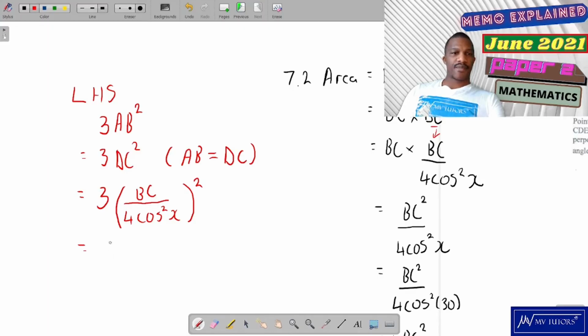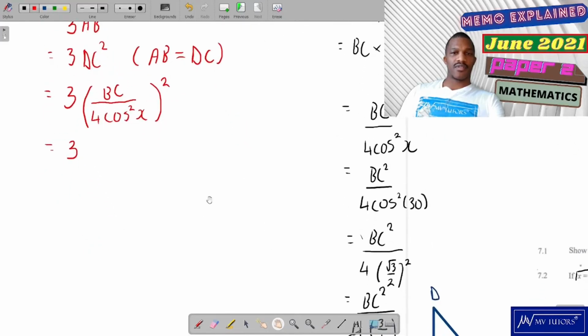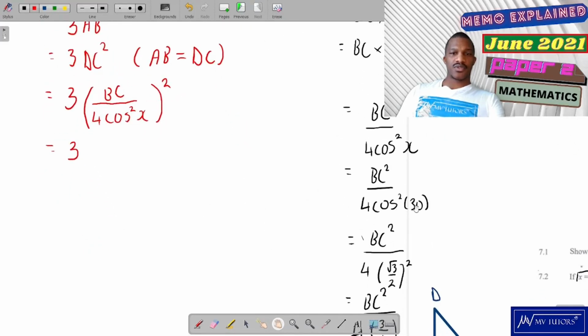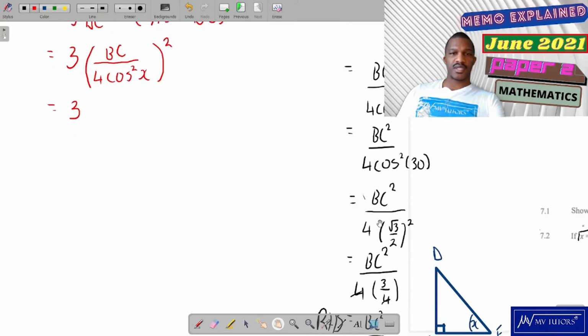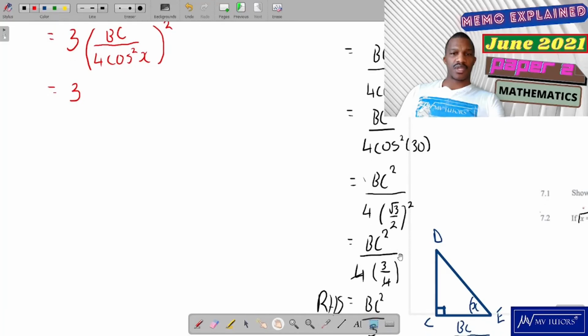And then we can work with it again. 3, we remember we solved it over here, substituted the 30, so BC, it became square root of 3 over 2, and then eventually it became